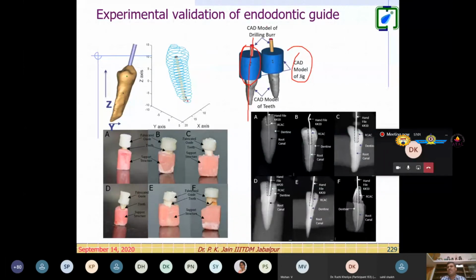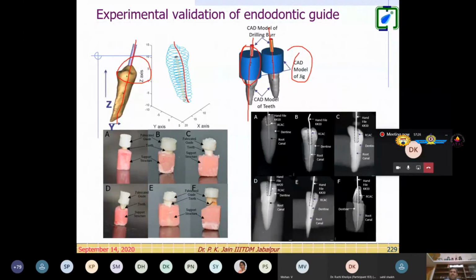So here in the CAD model, we already created a hole for the drilling burr used by the dentist, right? So this direction is known. Now in this direction, this drill burr hole is created. Now on this tooth, a jig has been created. So this jig has been mounted on the human tooth. This is the validation of the experiment.